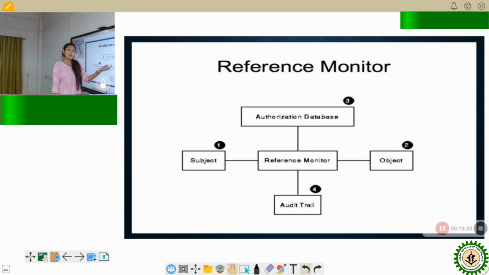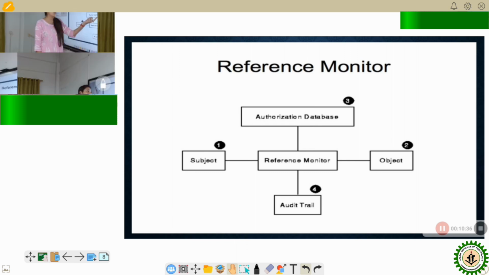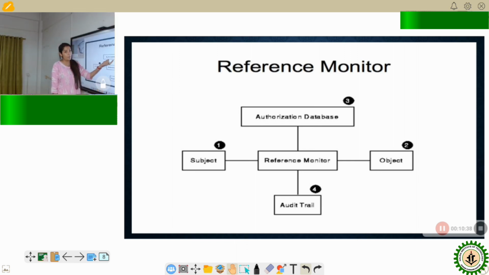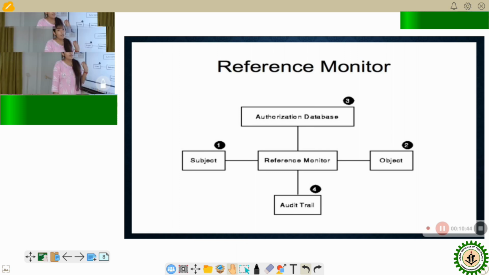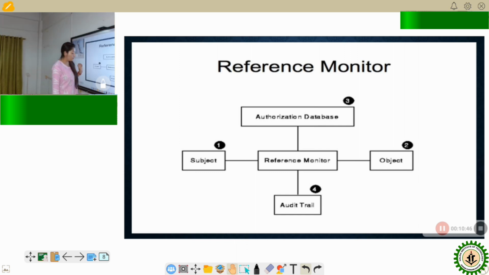The reference monitor cross-references the data stored in the authorization database with each subject and each object to actually enforce the access control model or the access control policy.